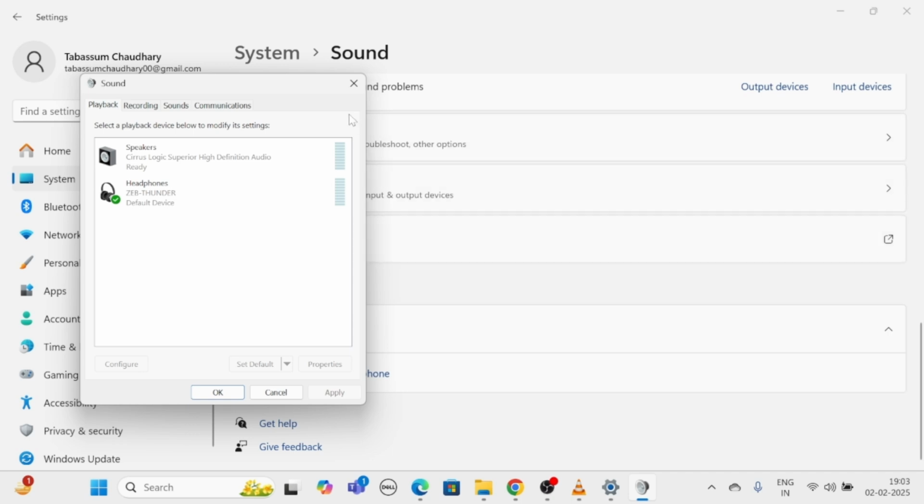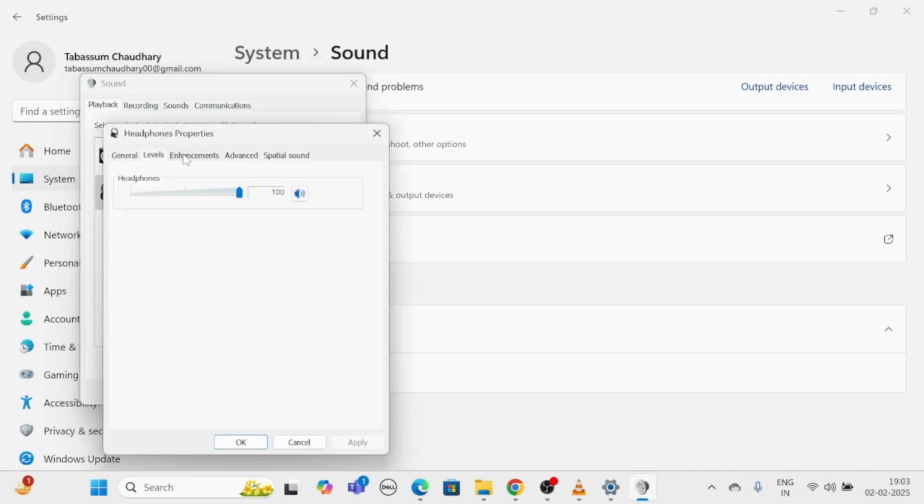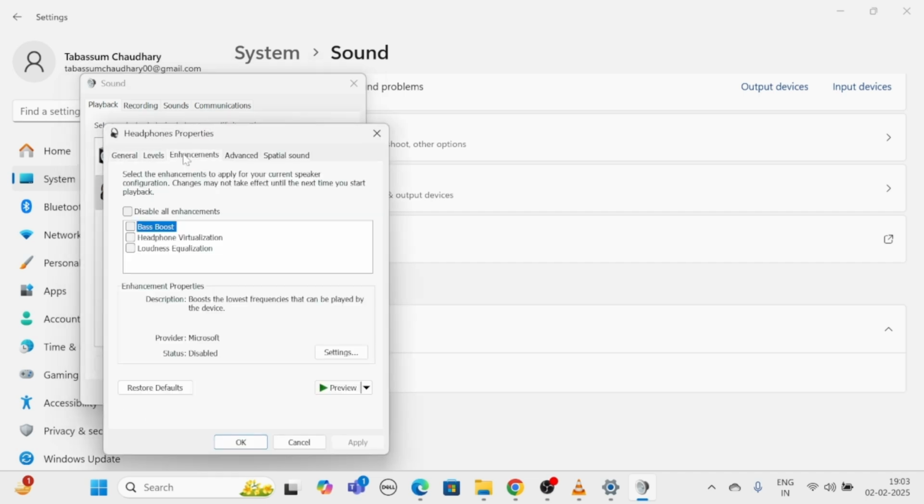In the Sound window, select your audio device and click Properties. Go to the Enhancement tab and check the box labeled Disable All Enhancements. Click Apply and then OK.